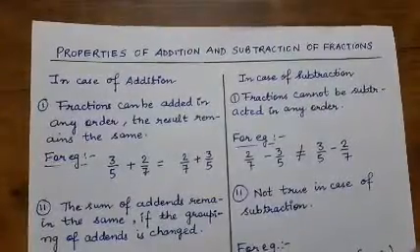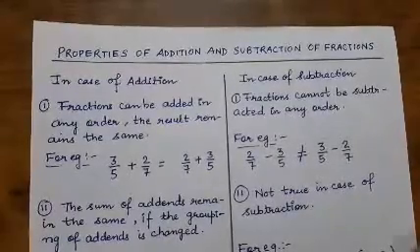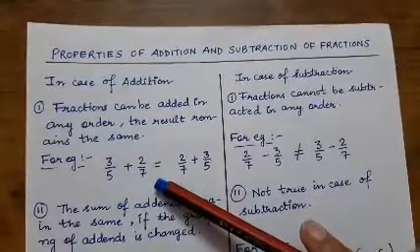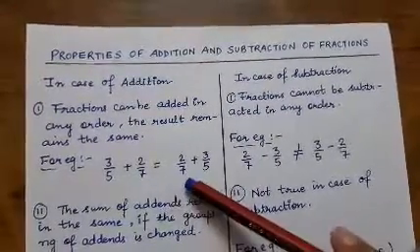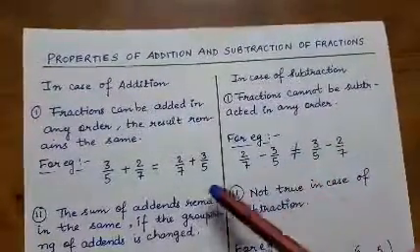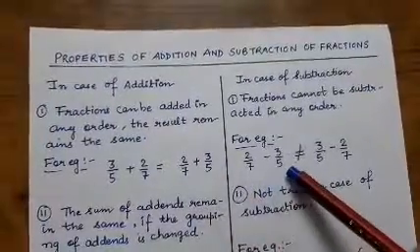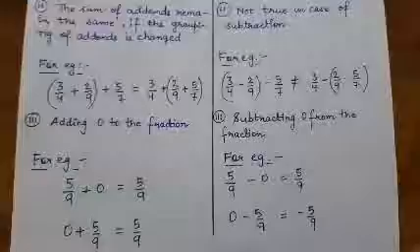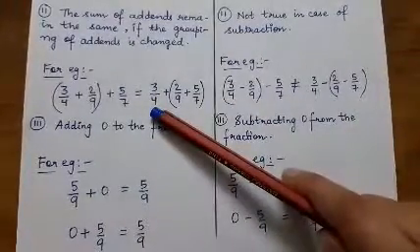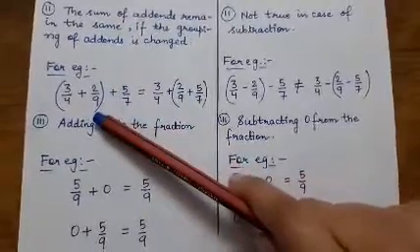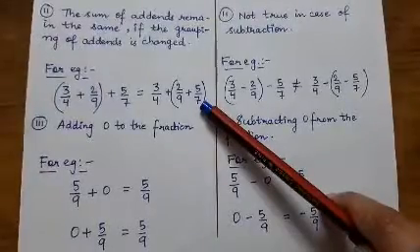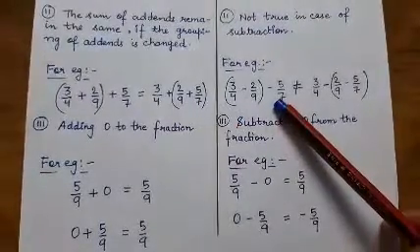Let us look at some of the properties of addition and subtraction. Whenever we have two fractions and we are adding them, any order that we take does not matter in case of addition. But in case of subtraction, the order does matter. So the answer is the same in case of addition, but in case of subtraction, the answer is different. The sum of the three fractions that we are adding remains the same if we change the order. For example, if we take the first two fractions to solve or the last two fractions to solve, the answer will be the same in both cases, but this is not true in case of subtraction.